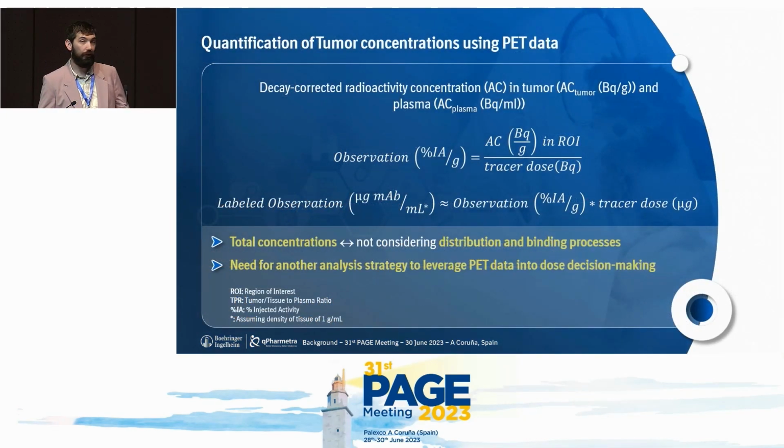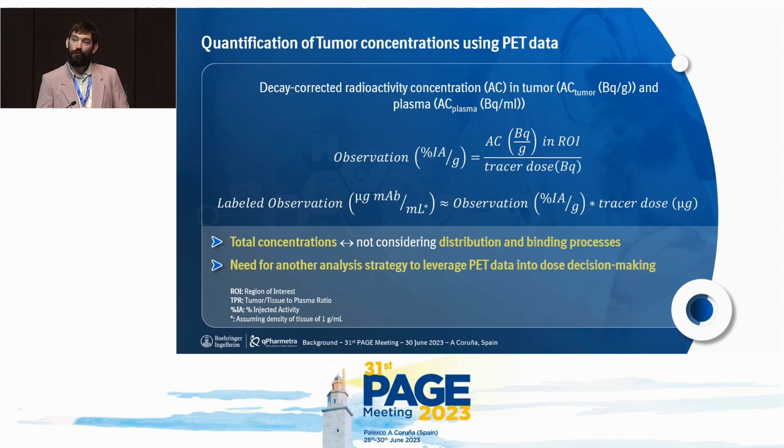So what we get from these kinds of experiments are radioactivity measurements. So we need to transform them in some way to make them work in our modeling framework, let's say. What is typically done is that these radioactivity measurements in becquerel per gram tissue or per milliliter blood are corrected for the amount of radioactivity that is administered and for the natural decay that is happening to these compounds, in order to give you an observation in percentage of injected activity per amount of tissue.